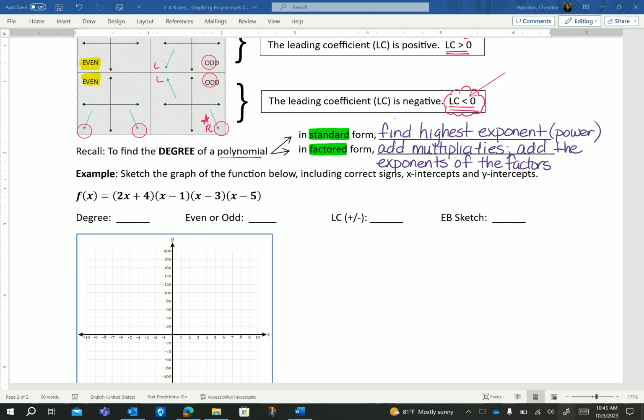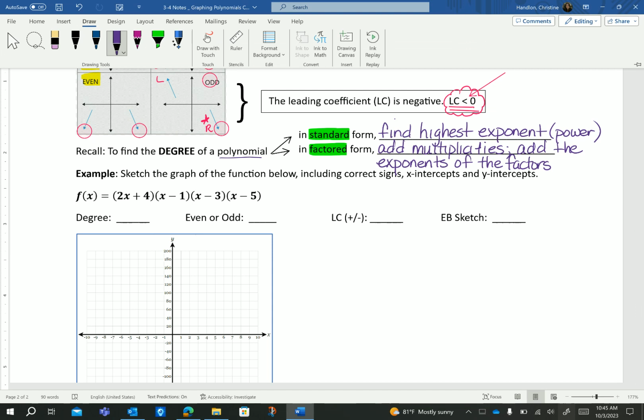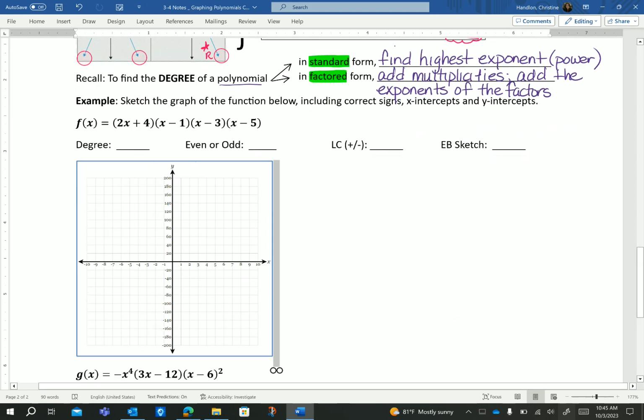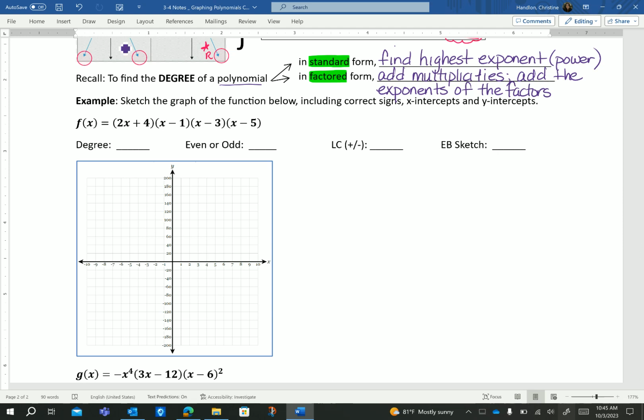So here's what we're going to do. You are given a function, 2x plus 4, x minus 1, x minus 3, and x minus 5, and you are asked to graph it. So first, what you're going to do is find the degree. The degree, as you just were talked about previously, it's in factored form, so we need to add the multiplicities. The multiplicity of this factor is an invisible 1 for this one as well, and these other two. So if I add the multiplicities, the degree of this polynomial is going to be a 4,